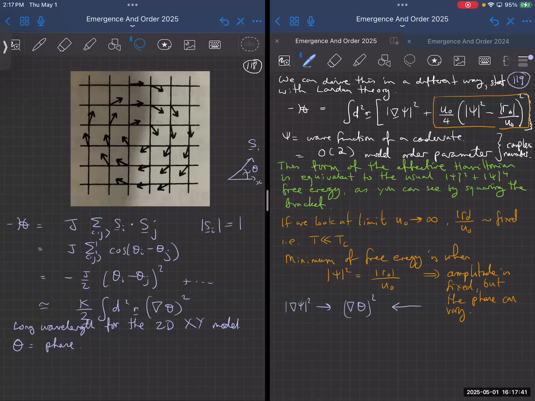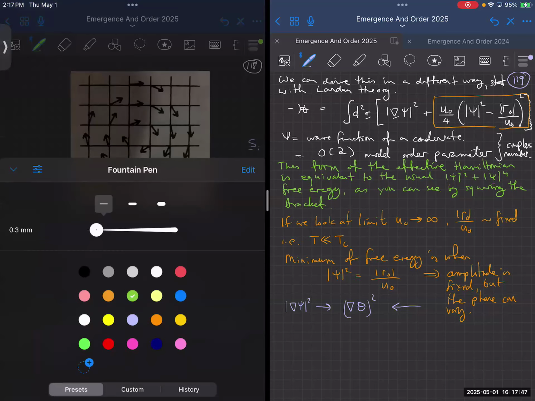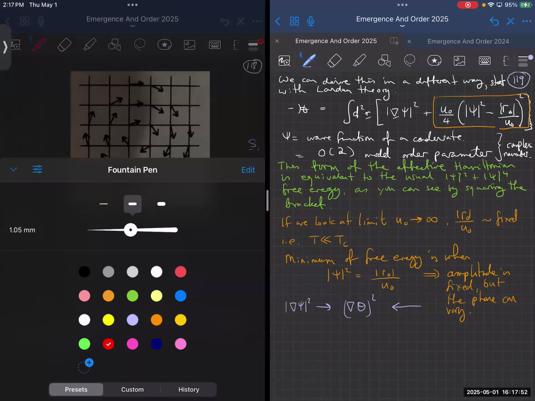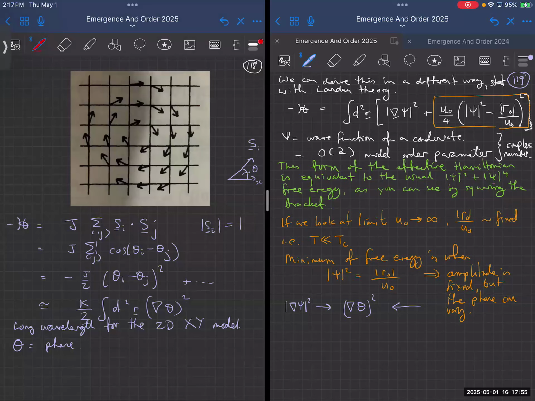So that's drawn over here on the left hand side. So let's look over here, and let me make this red. You can see that the arrows go round this coordinate singularity. So there's a kind of coordinate singularity over there in the middle. I can't define the phase. At this dot over here, the phase isn't well defined because there's nothing to point in that direction. But if I go to the neighboring lattice sites, then the spins have a well-defined phase and circle around like that.